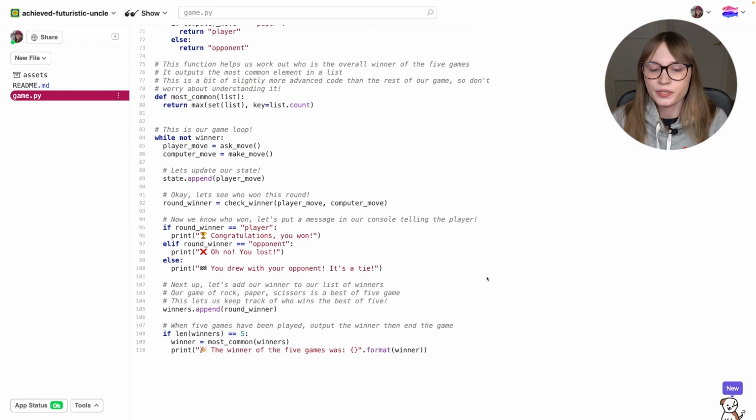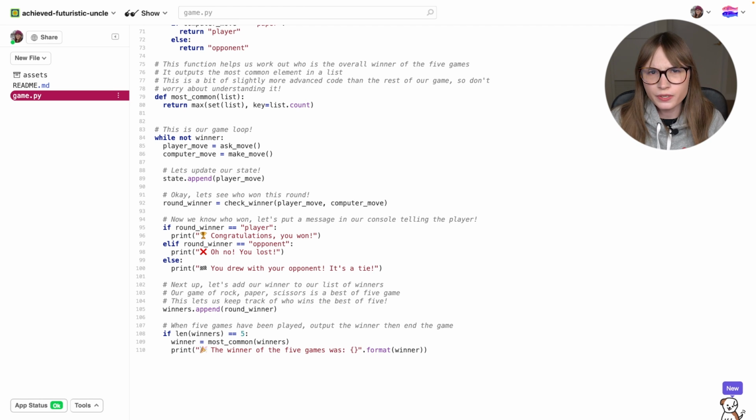Okay, that was quite a lot, so let's recap real quick. We're programming a game using Python. Our game runs in a loop, which runs until a conditional is no longer equal to true. Our conditional is, is there not a winner? But how does the game decide if there's a winner? Well, our game also uses rules. One of the rules of rock, paper, scissors is that each player makes their move and chooses rock, paper, or scissors. And our code tells the game to follow those rules.